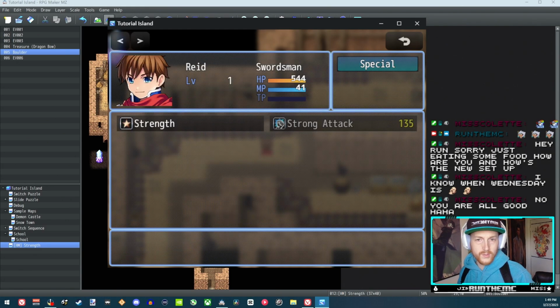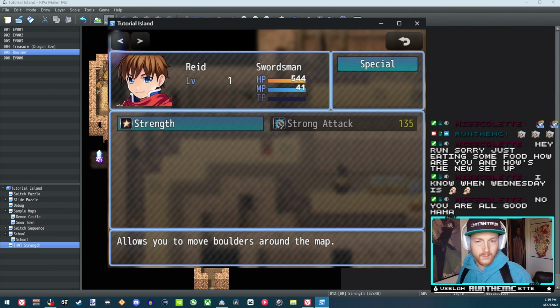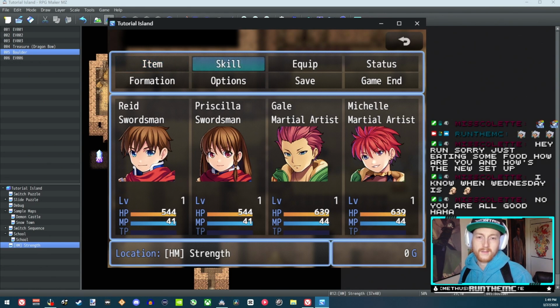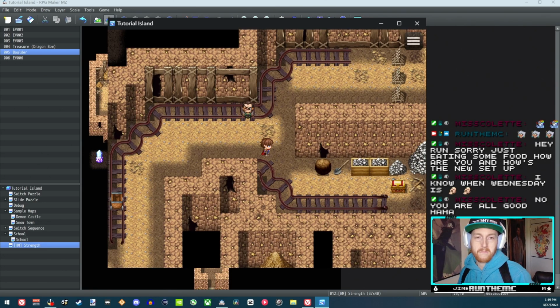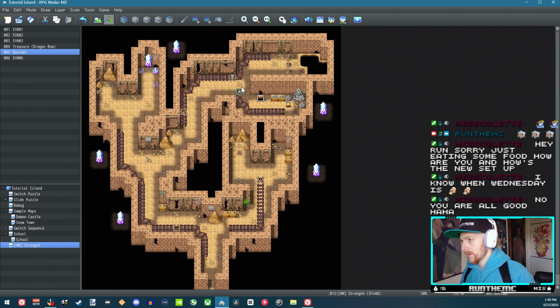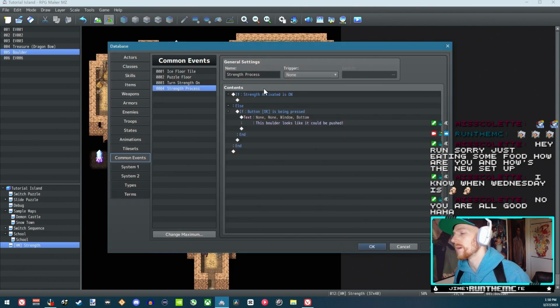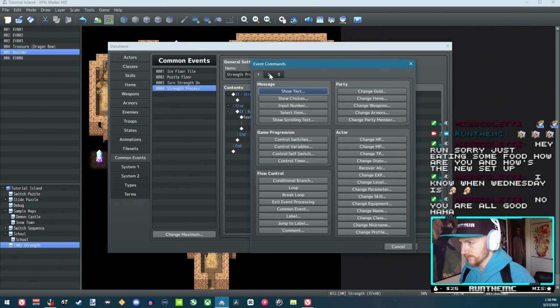And now we should know the skill strength. Oh, nice. It made a sound effect. I actually wasn't expecting that to happen. Okay. Right. So let's turn direction fix on. So that part works. Now we want, if strength is activated, this boulder looks like it could be pushed. If strength is activated,